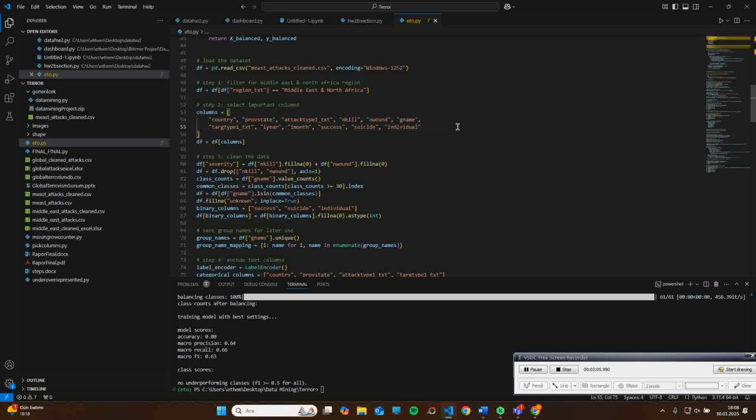So these include the country and province or the states where the attack took place, the type of the attack, such as bombing or assassination or hostage situations, the number of people killed or wounded, which helps measure the severity of the attack, the group responsible for the attack,